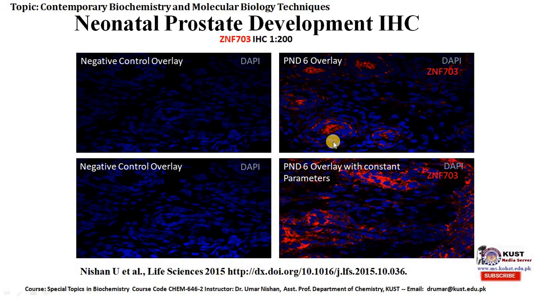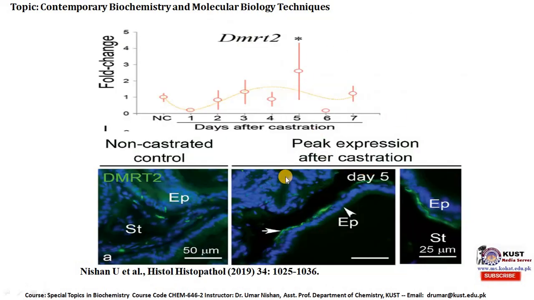But even if a gene is showing a fold increase, we can only confirm with the help of immunohistochemistry if the expression of the DNA is really translating into a protein. So this is a very helpful technique. Here is another example that I would like to share with you. This is a transcription factor called